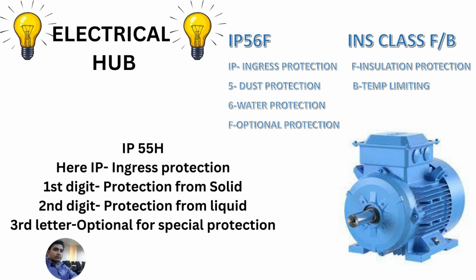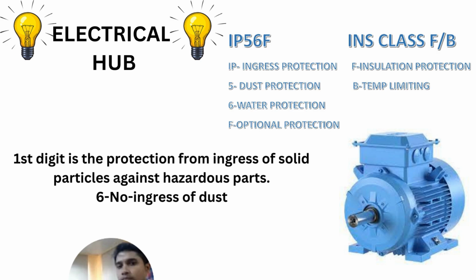So, for a short note, for example, it is mentioned IP55H means IP is for ingress protection. The first digit, 5, is protection from solids. The second is the protection from liquids. And the third letter is optional, for special protection. So now we know that the first digit is the protection from ingress of any solid foreign particles, which can be